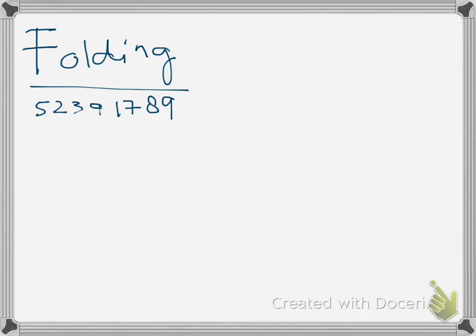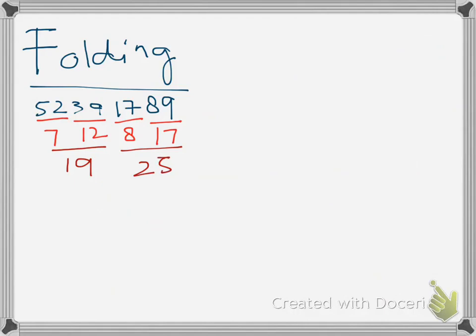we have these two numbers added. Okay, so this would become 7. What would this become? 12. This would become 8, and this would become 17. In our next step, let's say we add these two. What do these two become? 19. And what do these two become? 25. And then in our last step, if we add these two, it would become 44. So this 44, in 3 steps,